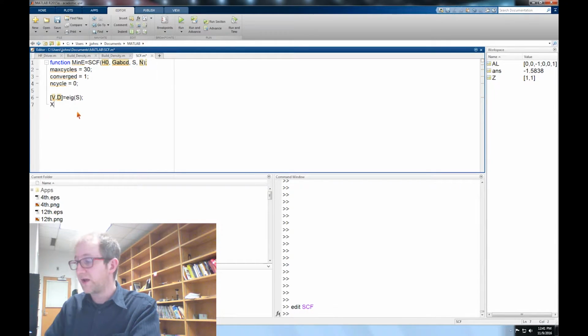And then we're going to create our new matrix S, which is going to be equal to, let's see here, V times D to the minus point